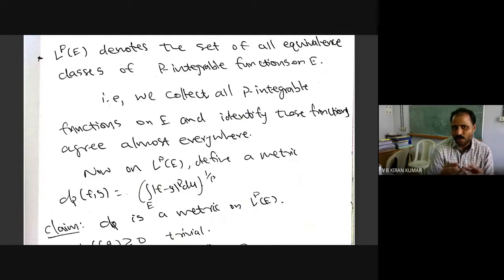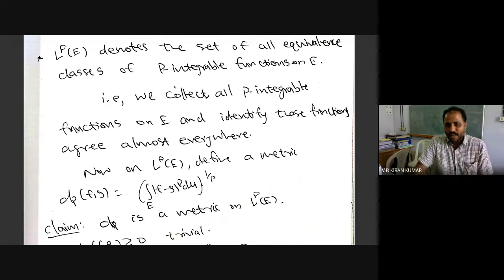So you should understand the similarity between the real number system and L^p spaces. There we had equivalence classes. The elements of the real number system are equivalence classes, and here also we have equivalence classes. That's a very important thing. In fact, we can obtain L^p using equivalence classes of Cauchy sequences of continuous functions from C[a,b], or C[0,1]. That is also possible. So this construction is similar to the construction of the real number system. That is something which you should keep in your mind.